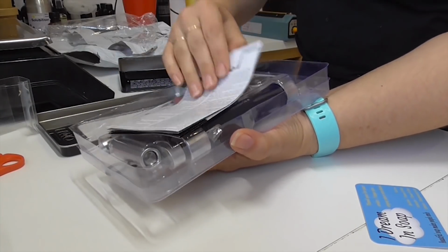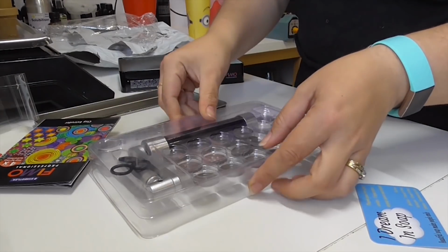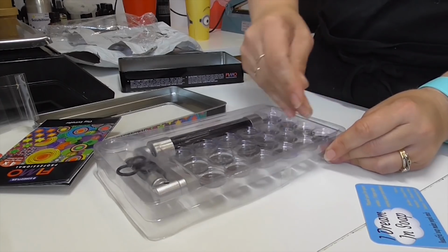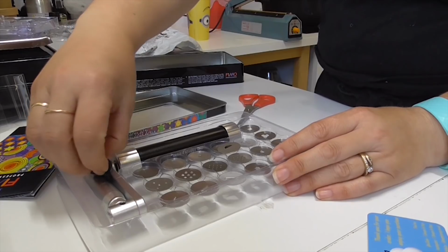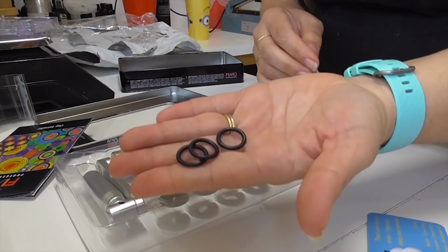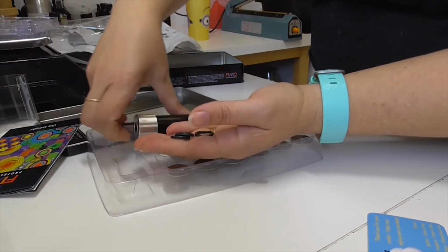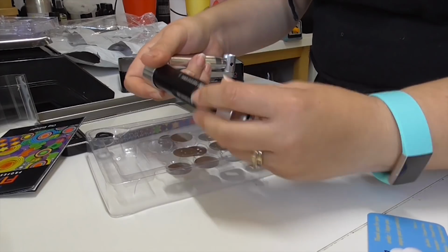That's it. Get a nice set of instructions, which you don't get with that little green one. Let's get this all apart. One of the things I did hear people review about this particular extruder is that they send you extra little washers to go with this. So if we actually start by pulling this extruder apart,